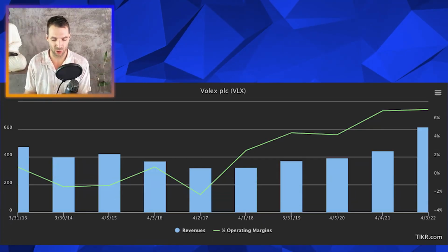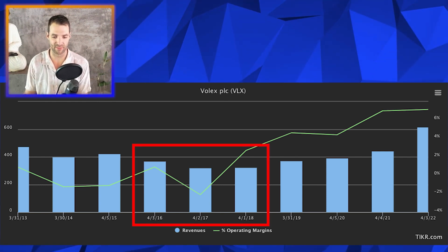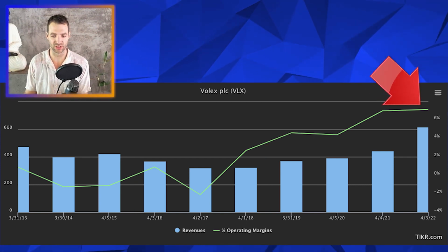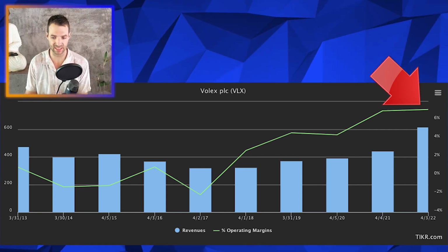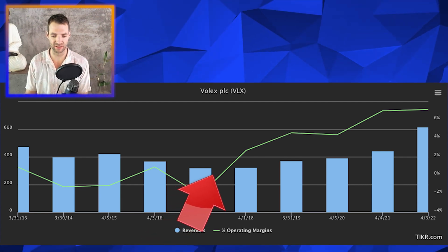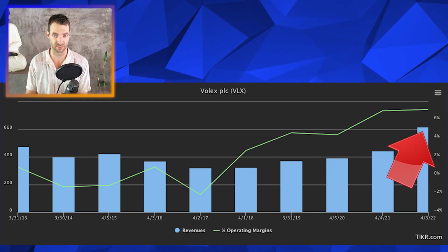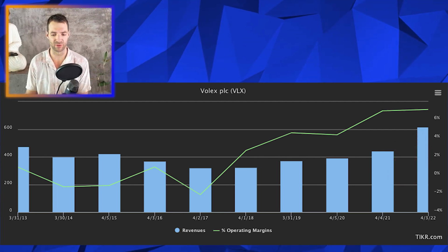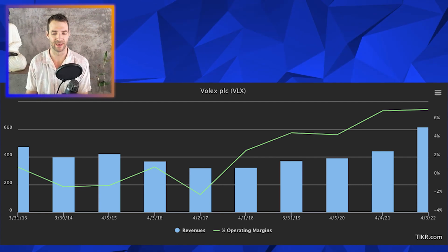So this revenue and operating margins graph that I have here on the screen, it tells the story of the turnaround, which was happening in 16, 17, 18, and operating margins are getting close to 7, 8%. The aim is to get them to 9 or 10%, which they're well on their way to. Revenue has really bottomed out in 2017-18 and has started to rise back up. They're well over 600 million euros now. They're pushing 700 million at the moment. And yeah, the past 5 years has been a very good period, and the turnaround has been shown to work,